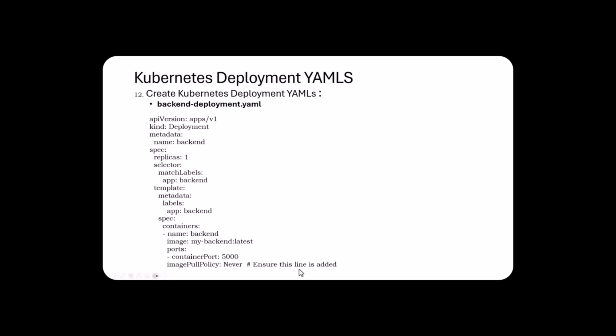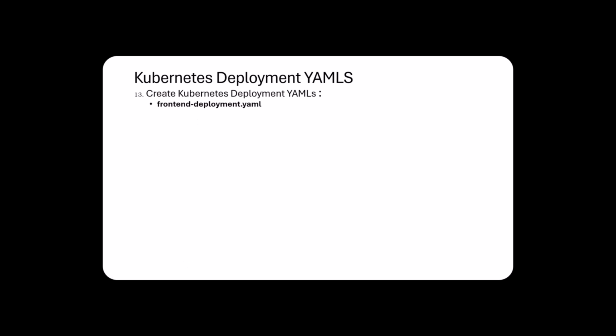Ensure this line is added, because it ensures that the image will never be attempted to be pulled from any remote repository, whether it is Docker Hub or any private cloud repository. So this is very important, because I found that this was ending in an error which took almost one full day to troubleshoot. So this is backend deployment.yaml, which we'll put in the backend,